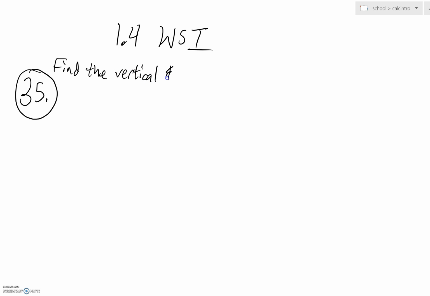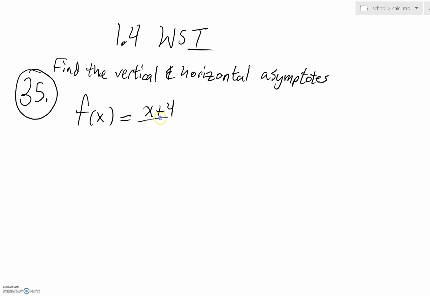and horizontal asymptotes. And you might wonder what that has to do with calculus and with limits. And it certainly does have something to do with that. We're going to see that in just a moment. But the function that we're asked to work with is f of x equals x plus 4 all over x squared minus 16. And guys, what you're going to see is you've already dealt with a problem like this in